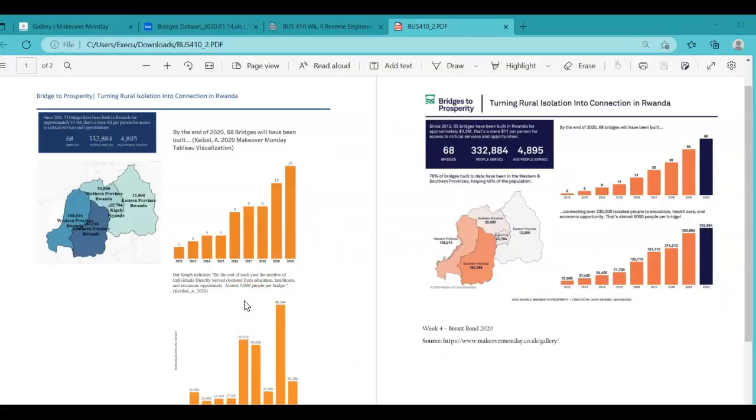Before we get started, I would like to show you my end product with his original product. On this side is my product, which shows the map of Rwanda and its provinces and the city. Over here will be the bar graph showing the number of bridges built by the end of that year. Here you will be able to calculate and see that there were 68 bridges built by the end of the